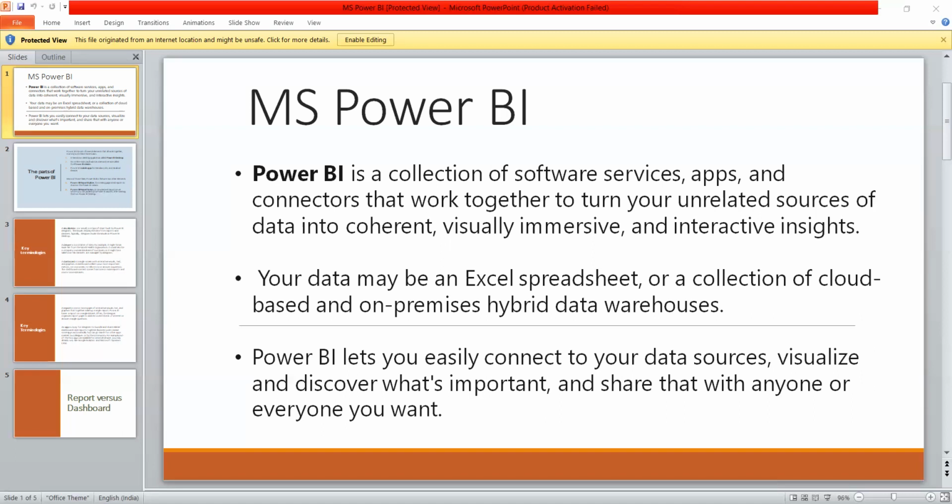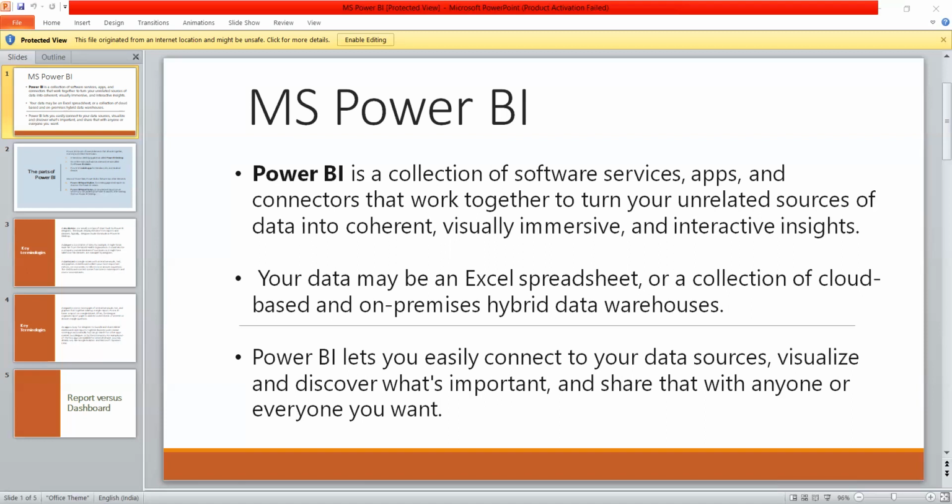And in order to create dashboards, we would have to make use of Power BI service. And the third part is Power BI mobile apps for Windows, iOS, and Android devices, wherein we would be using those dashboards or reports in our mobile device.